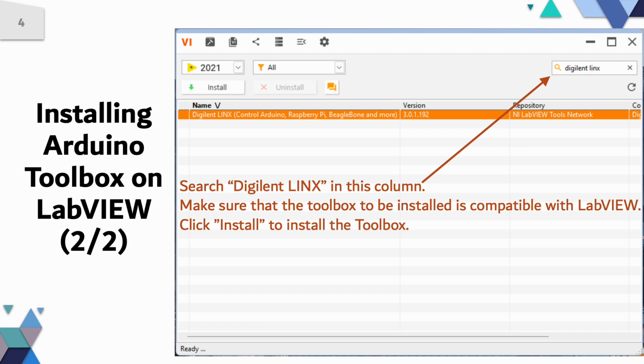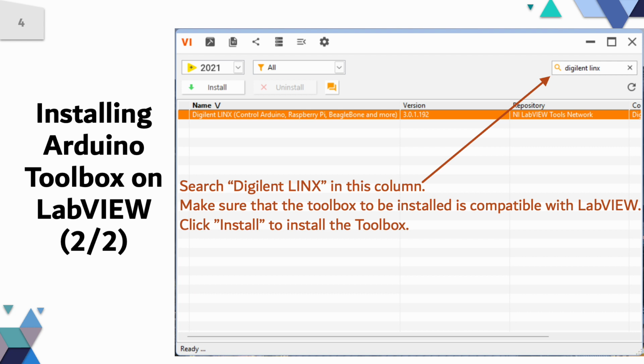On the search bar, please type Digilent LINX. Make sure that the toolbox to be installed is compatible with your LabVIEW. Here you need to pay attention to the detail of the LabVIEW version and the Digilent LINX version you want to install. And then click install.